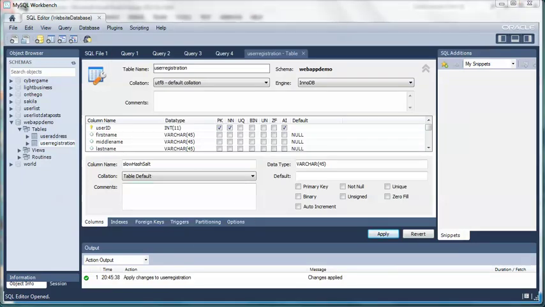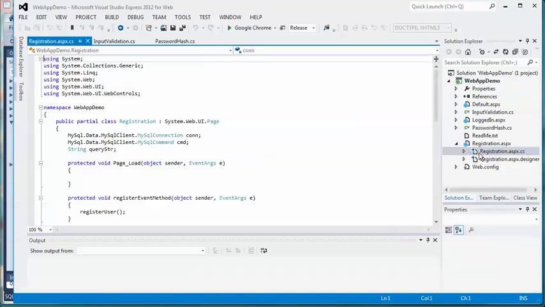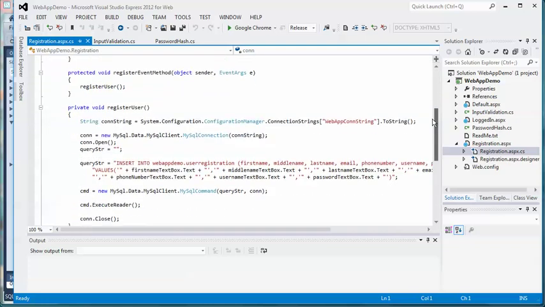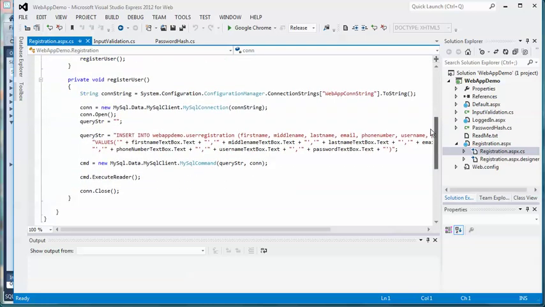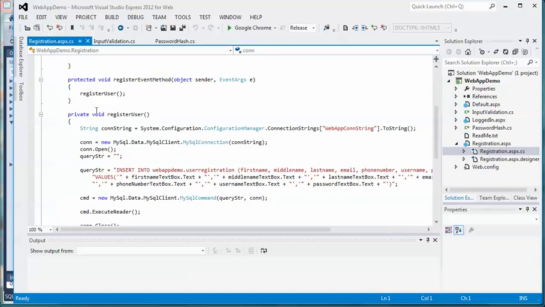So now what we're going to do is go back to your web application and add another function to the Registration.aspx.cs file. If you remember, we have this register user that just does straight input into the actual MySQL database. Now we're going to do so with that hashing function that we got from crackstation.net. We're not going to delete anything, but just create another method here,